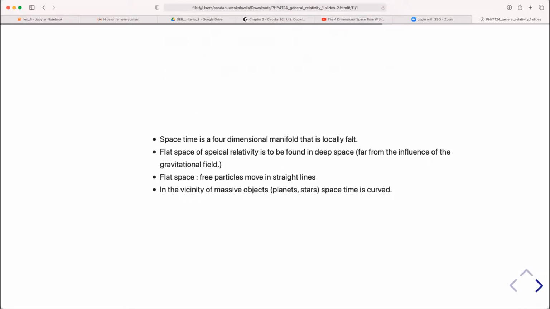Now, if you relate this to 4-dimensional space-time, the 4-dimensional space-time is a manifold. We say that it is a manifold that is locally flat, right? And the flat surface of special relativity, I guess all of you are familiar with special relativity, right? If you look at the flat surface of special relativity,